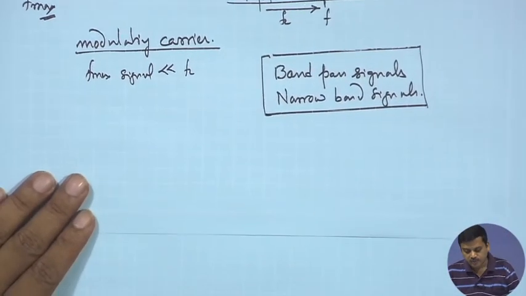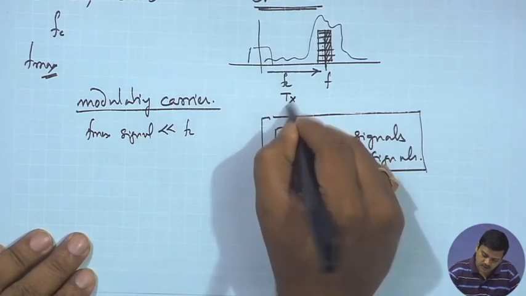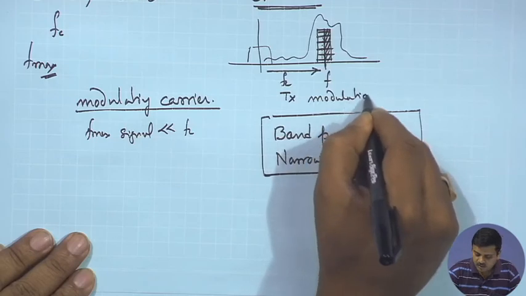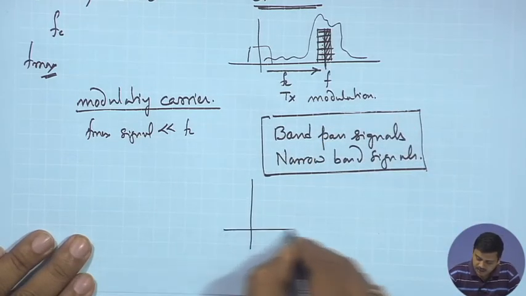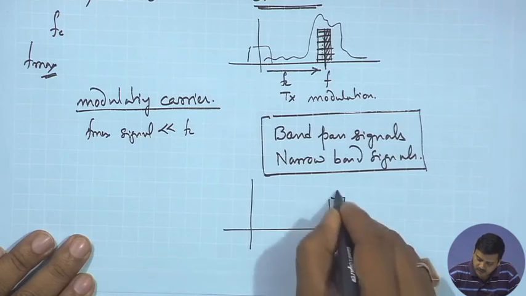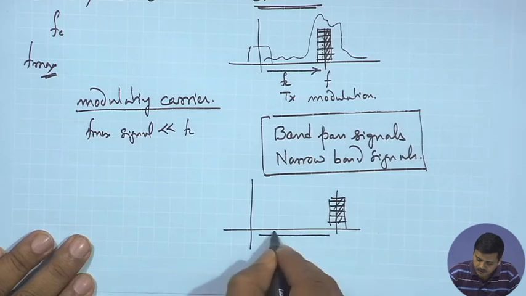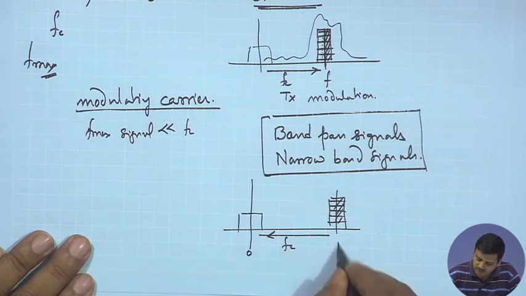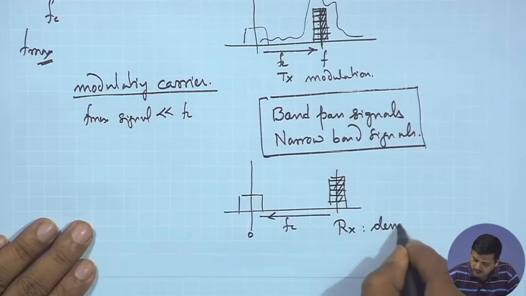So, when you need to up convert with the carrier frequency, this operation you generally do it at the transmitter, and you call it modulation. Similarly, at the receiver side, what you do is the reverse operation. You would down convert this signal and bring it back to its original position. So, this operation is usually done at the receiver, and it is called demodulation,